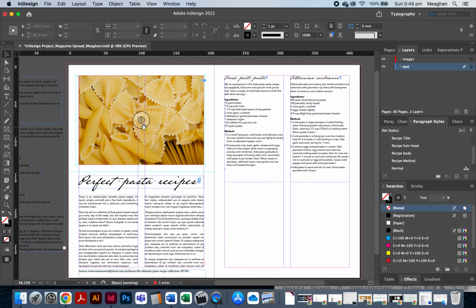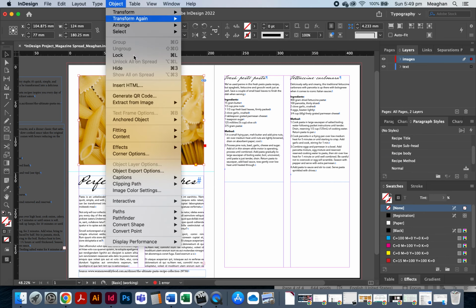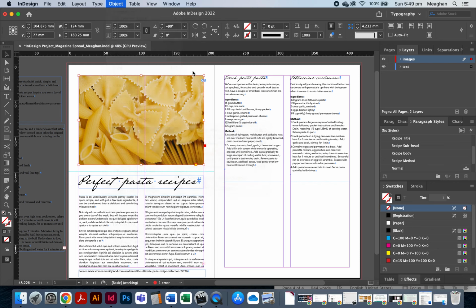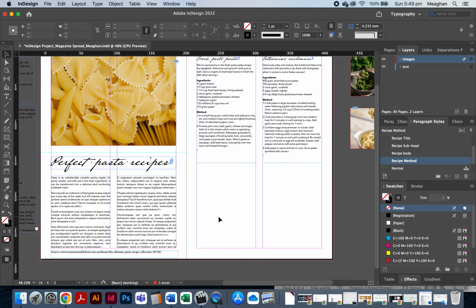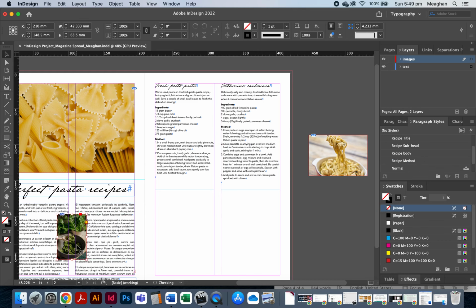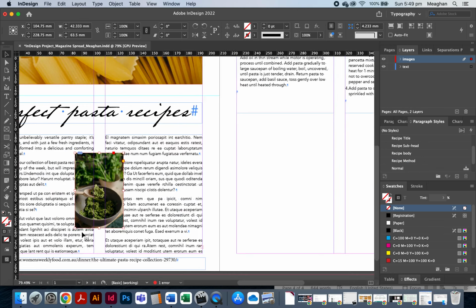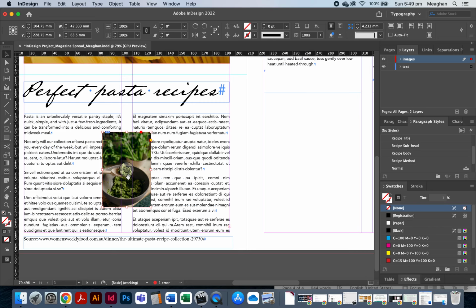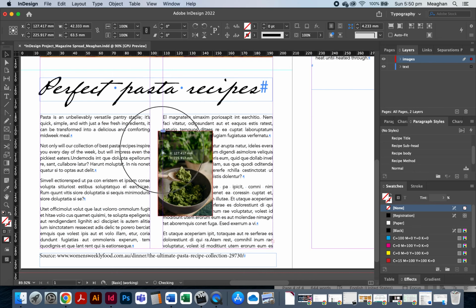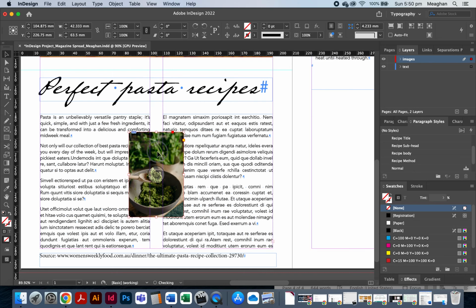Okay, so I've got my image popped in. A reminder that you can use the object fitting section to fit the frame, fit the content, center the content, all that jazz. We're also going to talk about text wrapping. So I'm just going to use this image as an example and drag it over here. If you wanted to have an image amongst the text, obviously you want to be able to read all the text, and at the moment it's covering it up, we can add a text wrap